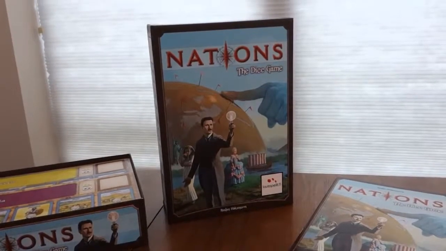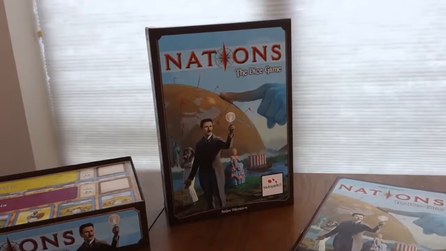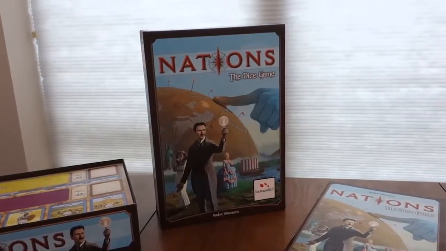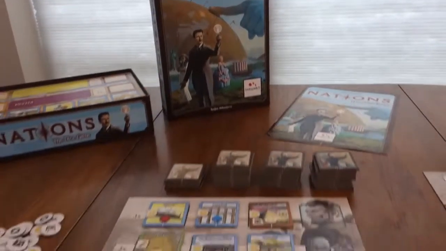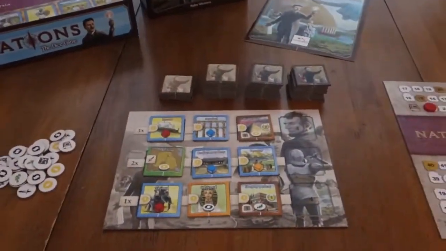Hey folks, today we're going to be looking at Nations, the dice game. This is a new game by designer Ruslan Hakanson, and it's published by Lautapalit.fi. It's a Finnish publisher, distributed by Asmodee. Nations, the dice game is a pretty fast-playing dice game that is all about civilization building, and it plays